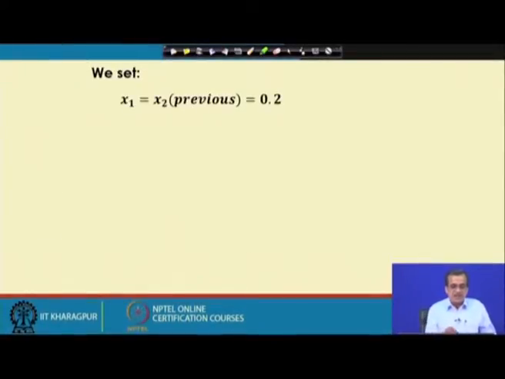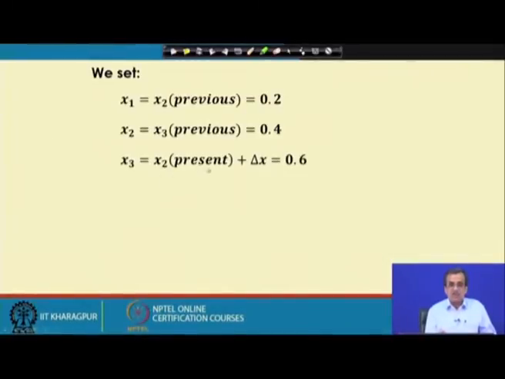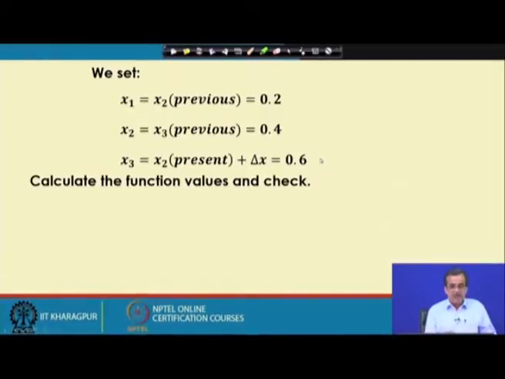Next, we set x1 equals x2 previous, that is 0.2, x2 equals x3 previous, that is 0.4, and x3 equals x2 present plus delta x, that is 0.6. And once again we calculate the function values and try to check whether that particular condition is fulfilled or not. Now, for this particular function,